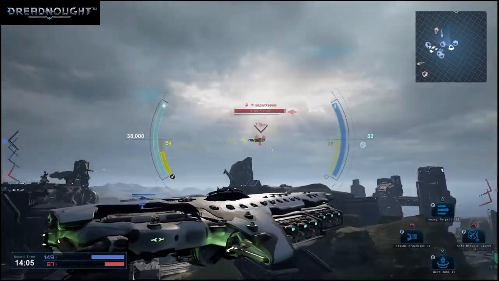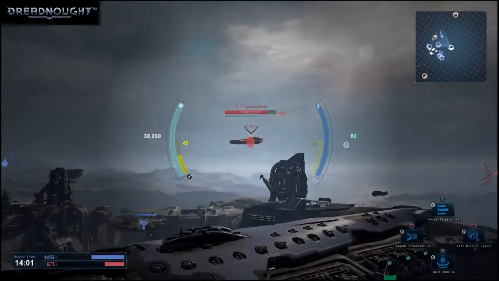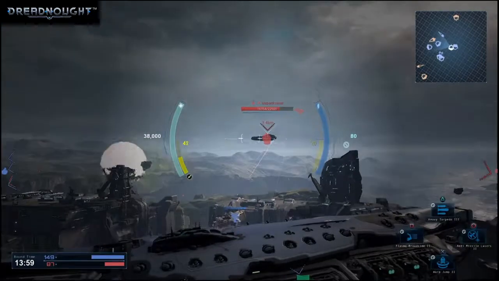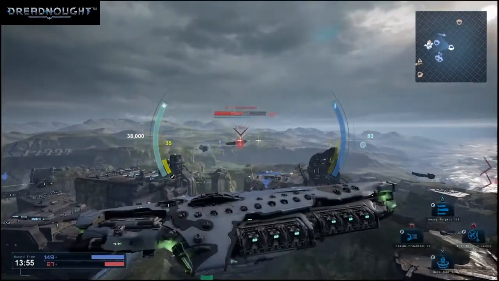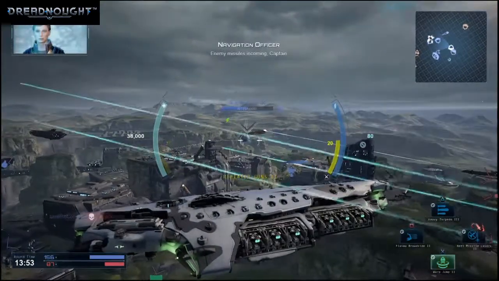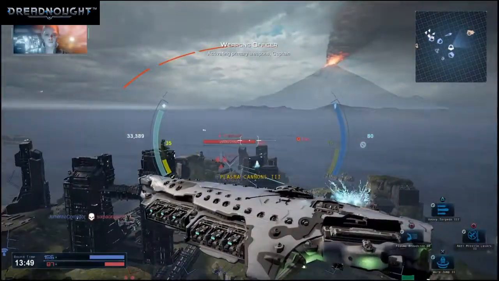Always watch your flank, because enemies will try to sneak up behind you. And you can switch between long-range weapons and short-range weapons. Basically, the short-range weapons,